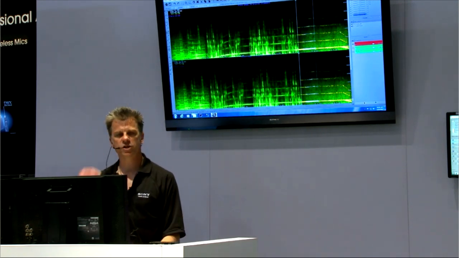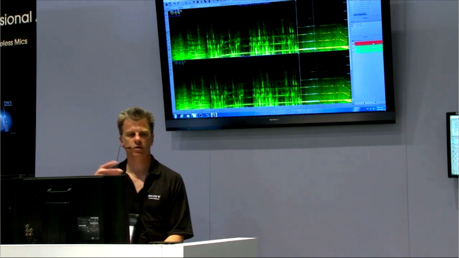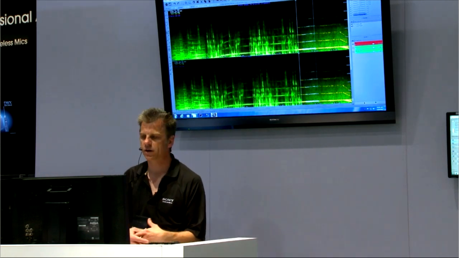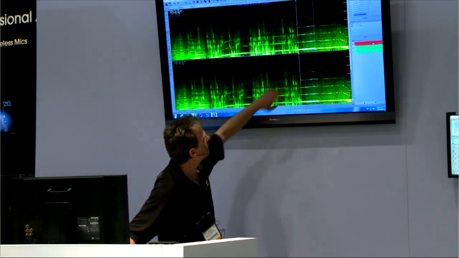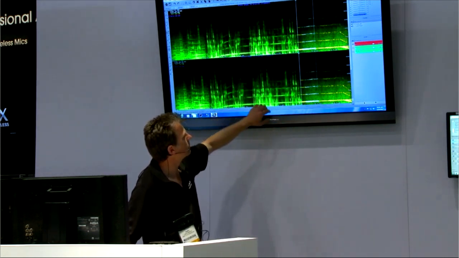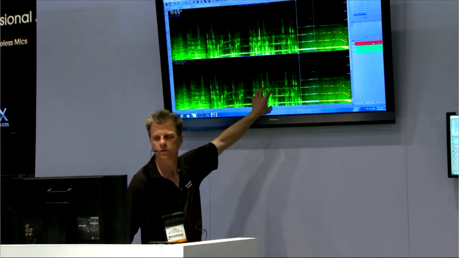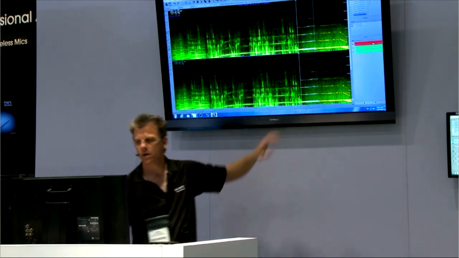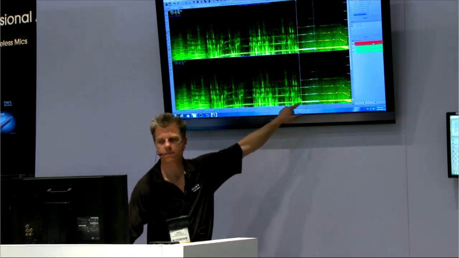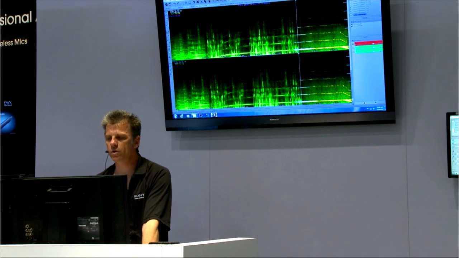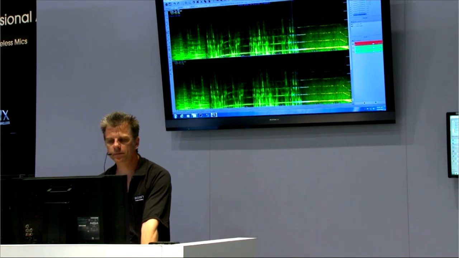So the software is smart enough to make some decisions about what it thinks you're trying to capture. As I go through this area right here, all this stuff that you see here, like rising like smoke, those are the frequencies of the man's voice. Well, the siren obviously plays through where the voice is, and this is where the magic really happens. If I come through and preview this, even though the man is speaking here, I can grab hold of just that siren